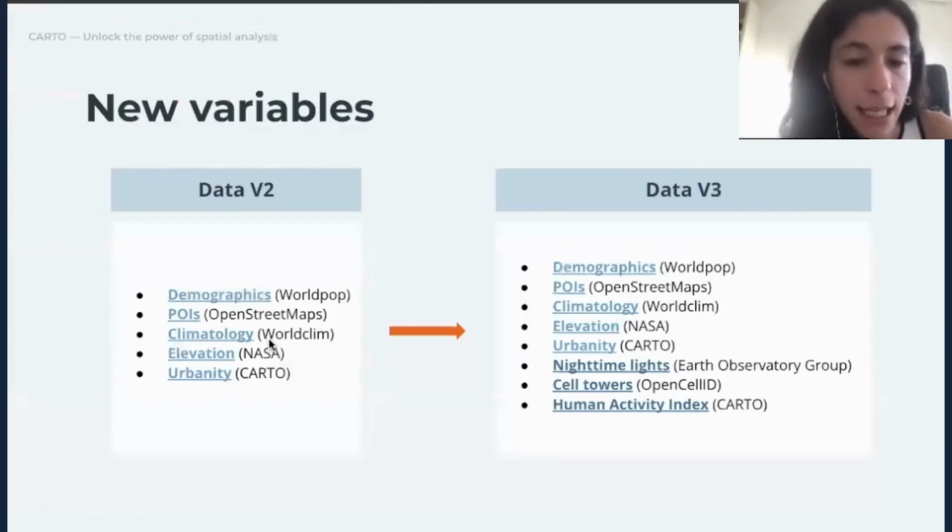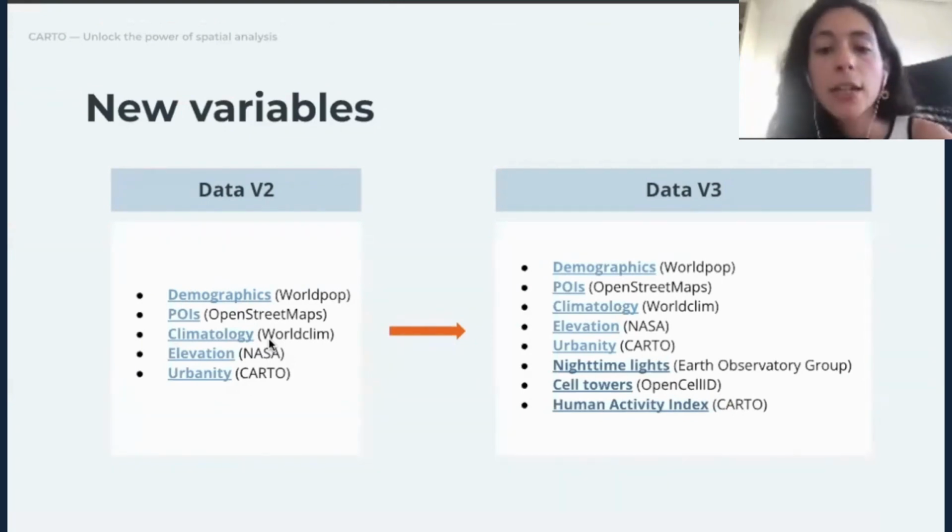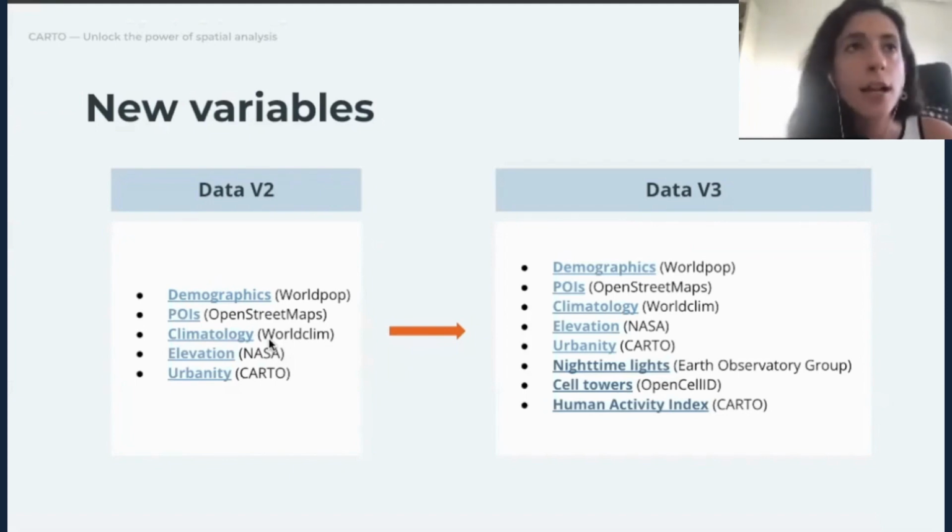As you can see in this slide, the new version includes three new variables, which are nighttime lights, cell tower counts, and also human activity index. The rationale or the aim of releasing this new version was that we were getting a lot of requests about human mobility data. There are a lot of people interested in this kind of data, and it's not so